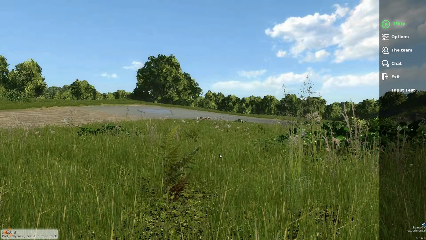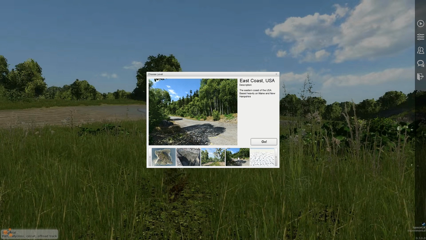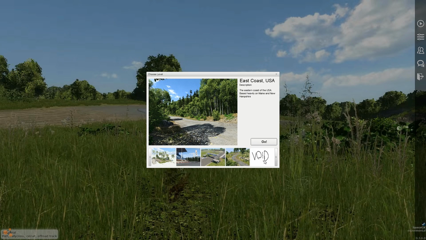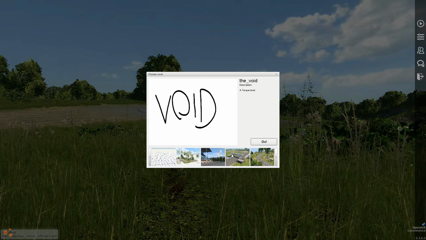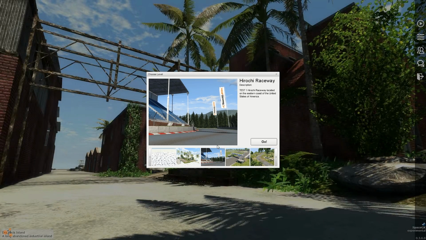Today we're gonna continue on where we left off last time. And so last time, if you missed it, we went ahead and checked out East Coast, if I'm not mistaken. And we also took a quick look at this pointless void world. So this time around, there is one other new track that we need to take a look at, and this is Hiroshi, I think I'm pronouncing